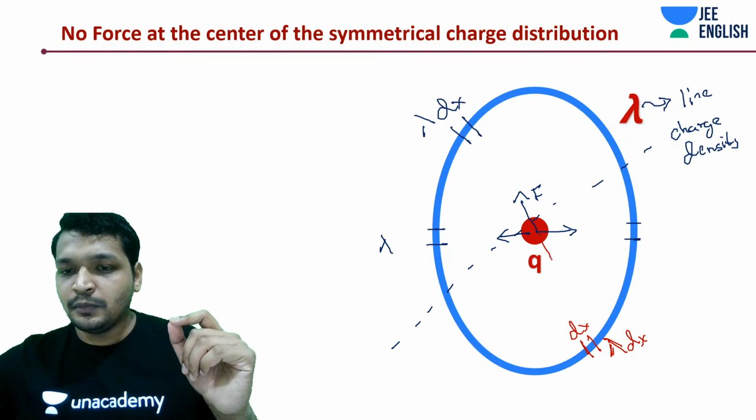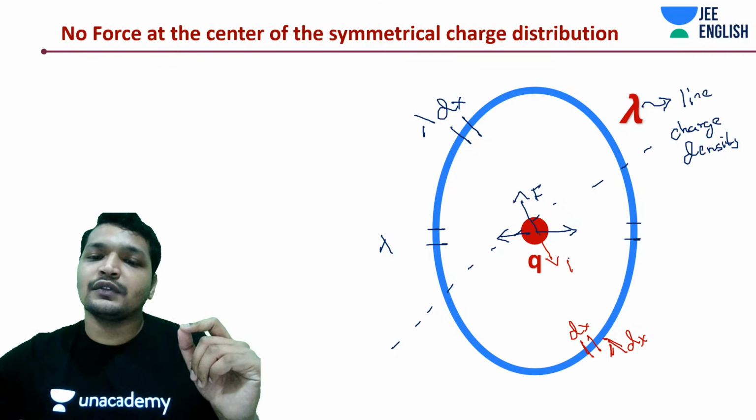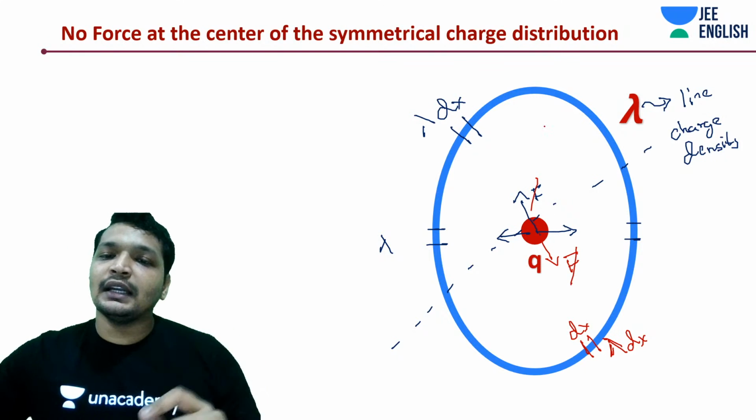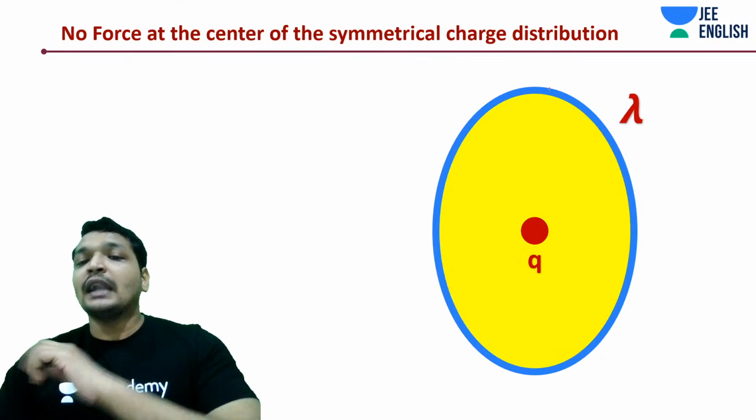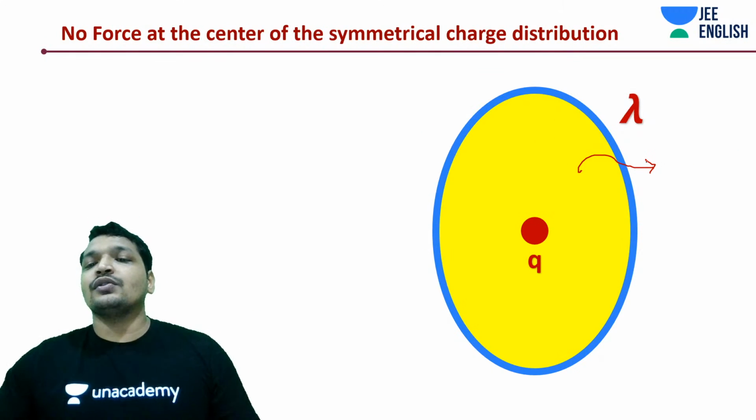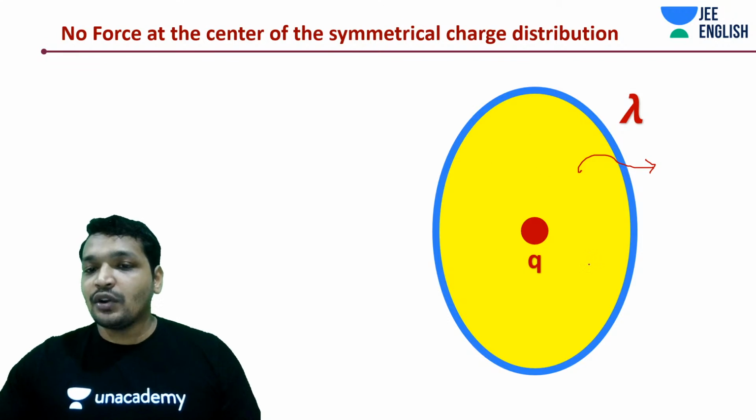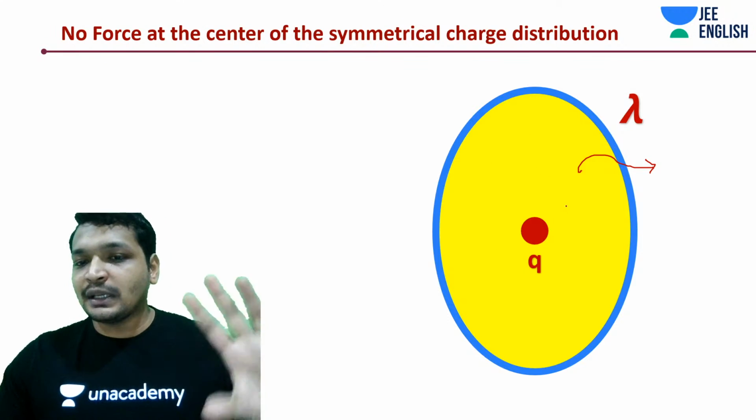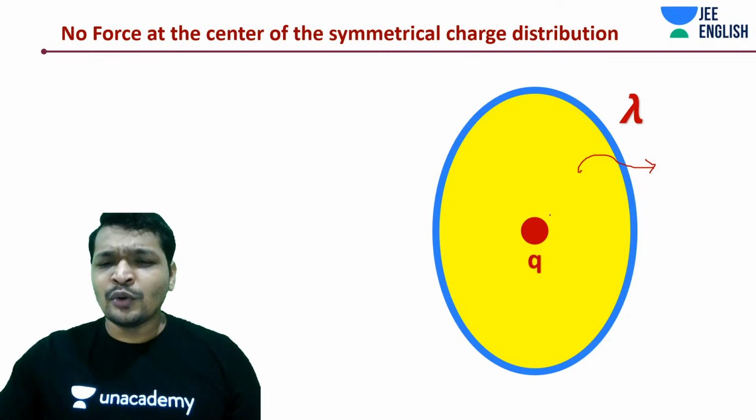This will also pull it in the opposite direction. These both forces will cancel out each other. Similarly, at every single element, this is happening. And even in a disk, let's say this time, it has evenly distributed charge on an area, on this complete area, and a small hole has been made or something,